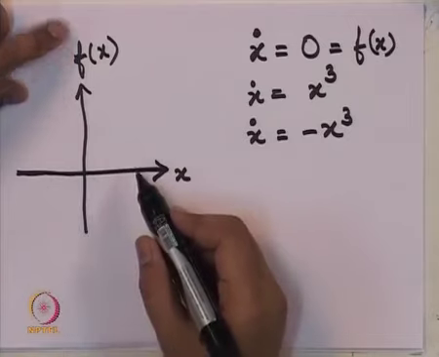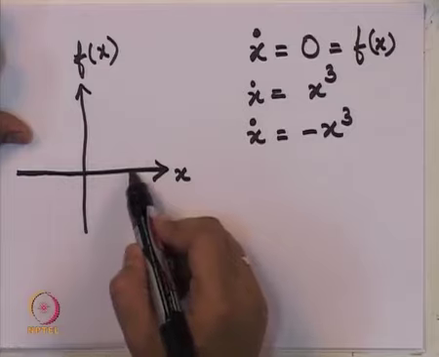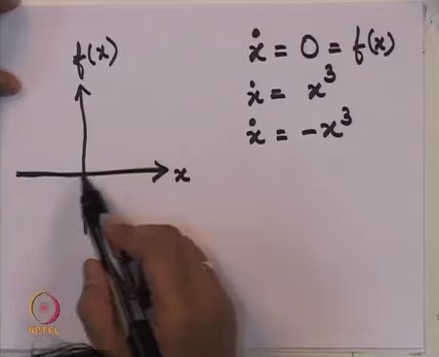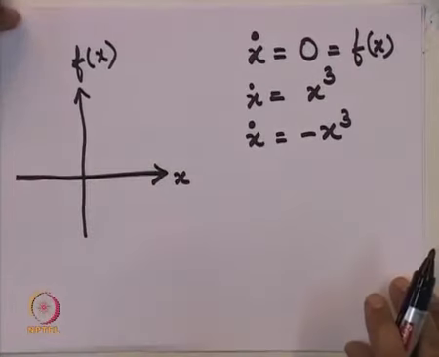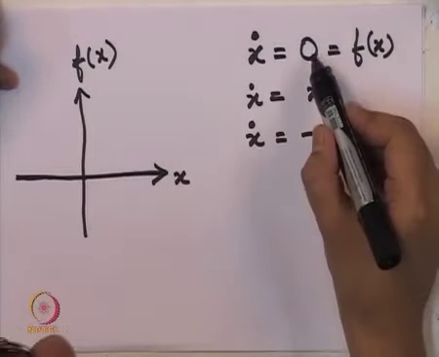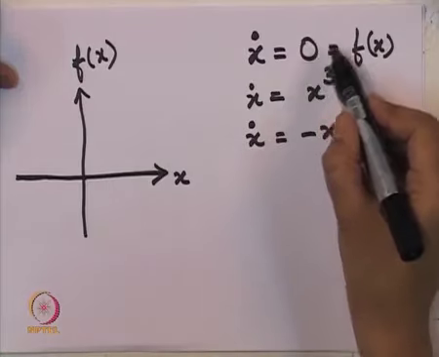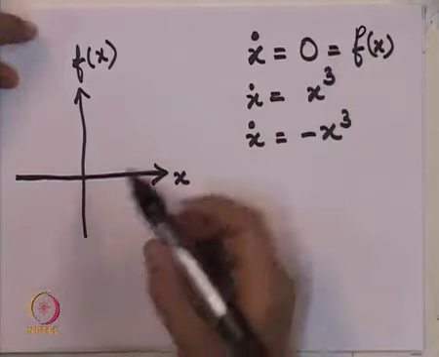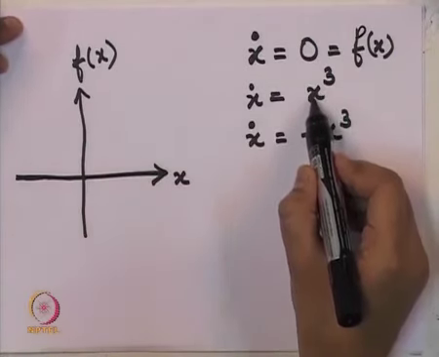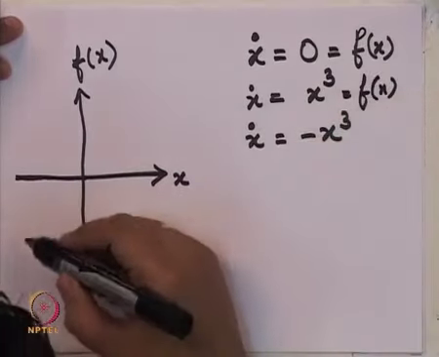So, all the points are equilibrium points, and at any point the graph of f versus x has tangent equal to the x axis. So, the tangent also has slope 0 at every point, and all the points are also equilibrium points. This is the conclusion we get for this linear system when the tangent itself is the graph of f and both have slope 0. But in this particular example, x dot is equal to x cube, when we draw f of x which is equal to x cube, we see that we get this curve.